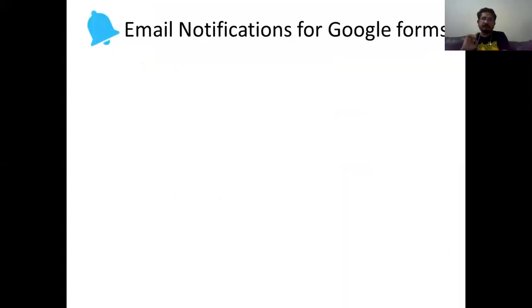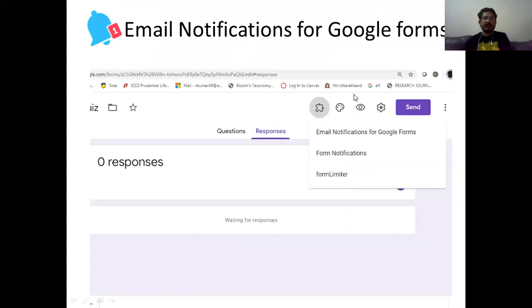Fine. Once you go to email notifications for Google Forms, you find this kind of options. As I've shown you, there was some network issue, that's why I'm unable to connect. But at that time when I created this slide, there were 3 apps which we added on. So email notifications, click on this.